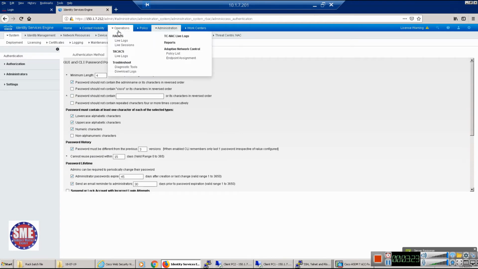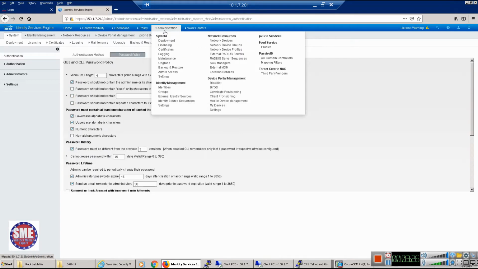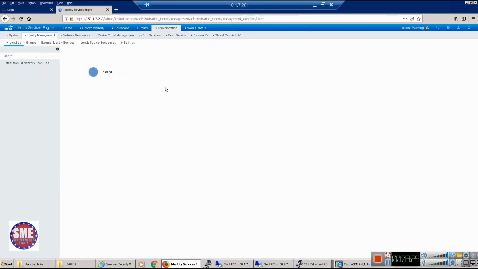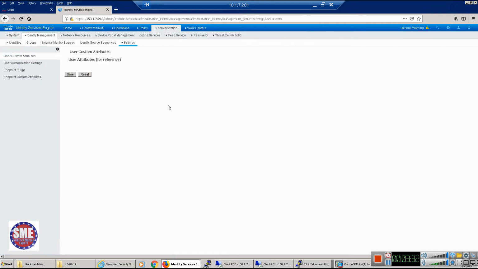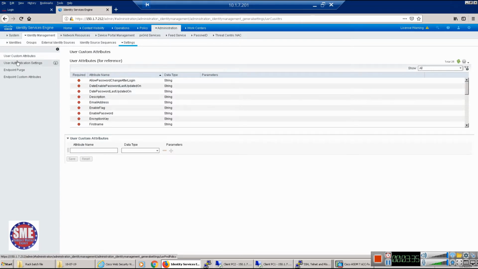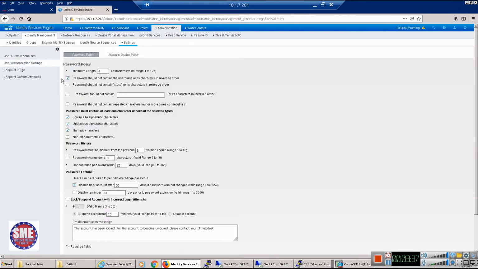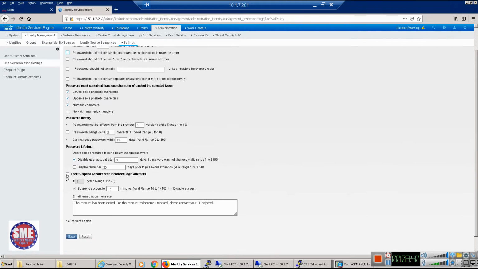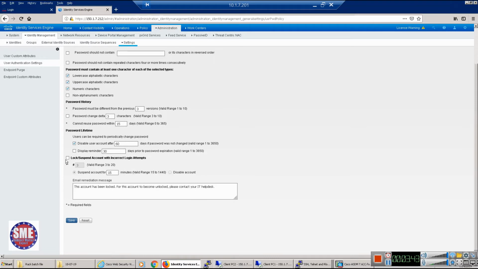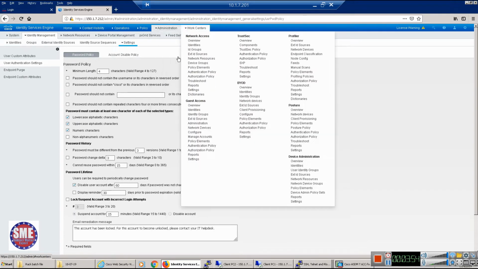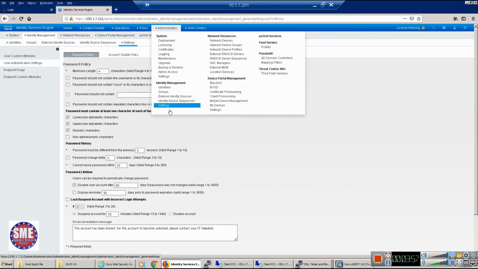Then we will modify the identity settings. Next, admin identity settings, authentication settings. Here the password tick, remove it and come down. This is already removed, right? Yeah, it is there. We have to remove it. If this tick is there, we need to remove it. Lock or suspend account with incorrect login. This tick is there, just remove that tick also. This is the only configuration, right? Okay. Next process, external identity source.